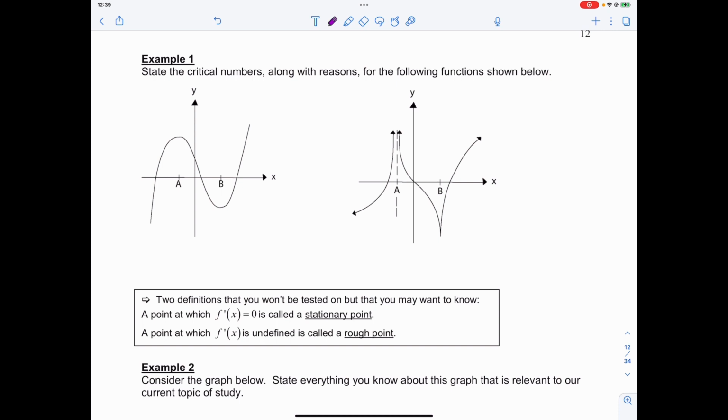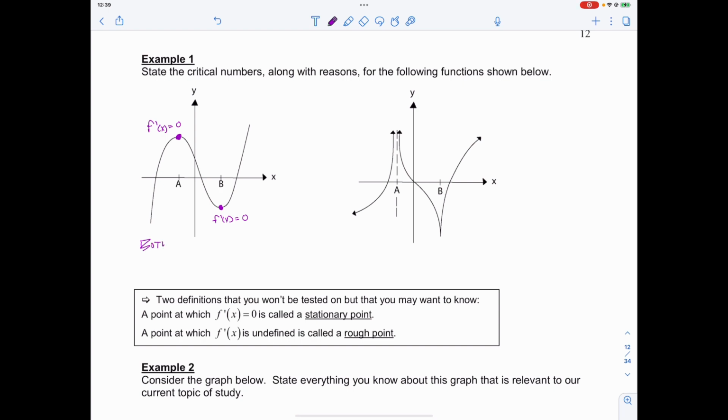All right, for example 1, it says state the critical numbers along with reasons for the following function shown below. So when I see in the first part that it's changing from a positive slope to a negative slope, and it has this maximum point here where f prime of x is equal to 0, or when it's going from a negative slope to a positive slope and it's turning around here, where once again f prime of x is equal to 0, then I can say that